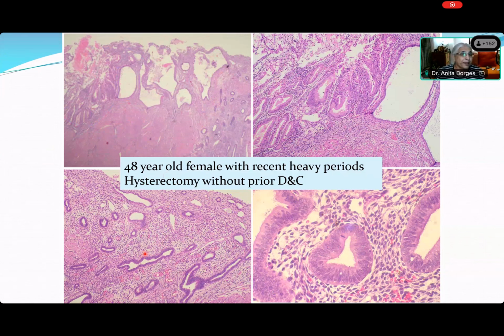So please get out of the set habit that all of you have. Set habits: I must see secretion. I must see spiral arterioles. I must see subnuclear vacuolation. No, the first thing I should make sure is that there is no proliferation. There are no mitoses. Then look for everything else.